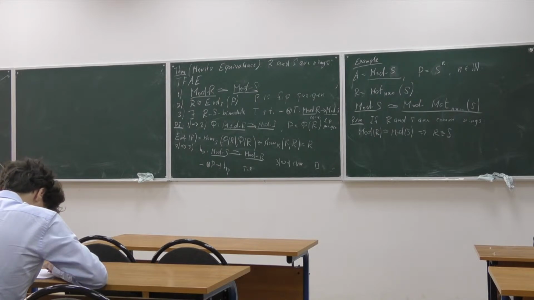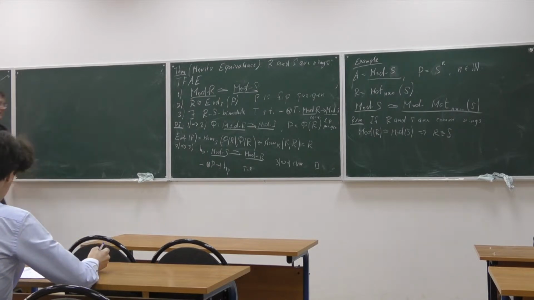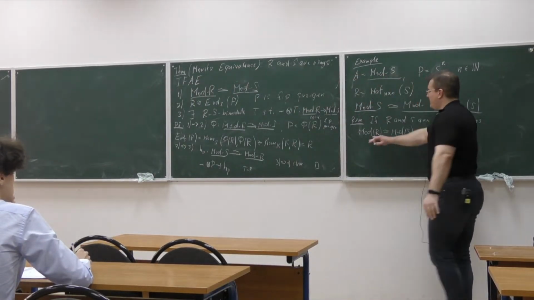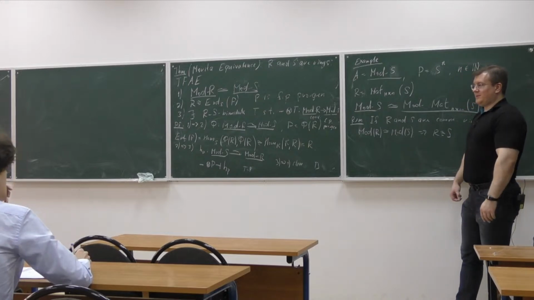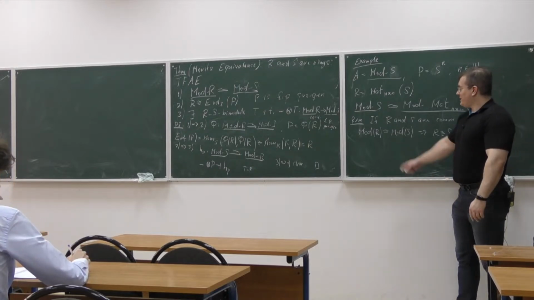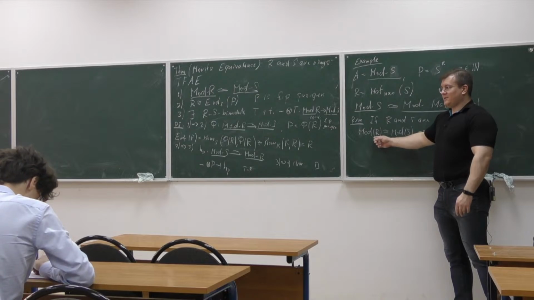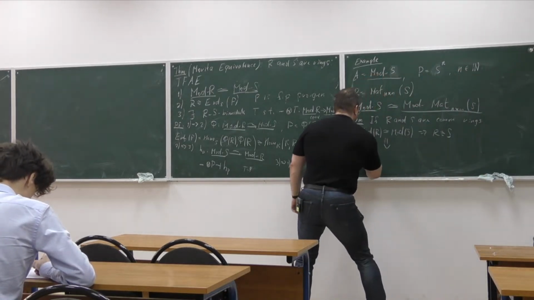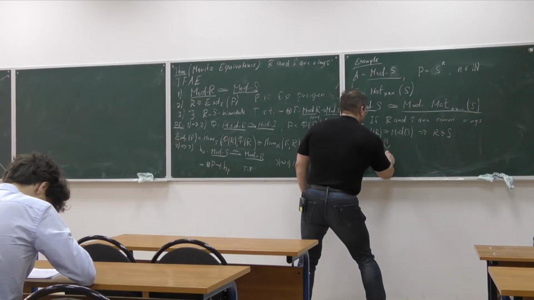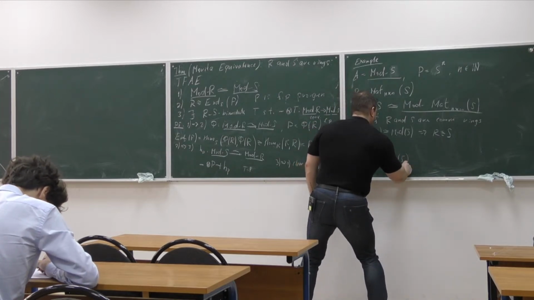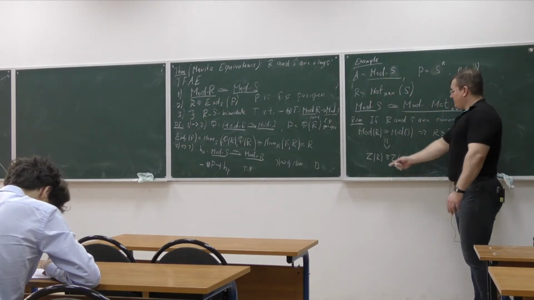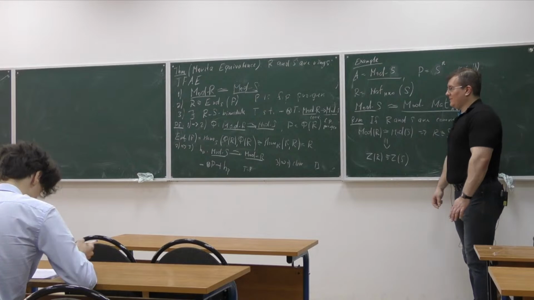Well, the question is again about quiz 1. You take these two categories and compute the centers of these two categories. So the center of such a category is the center of the ring. Because this implies that the center of R is isomorphic to the center of S. And if the rings are commutative, this is just R and this is just S.